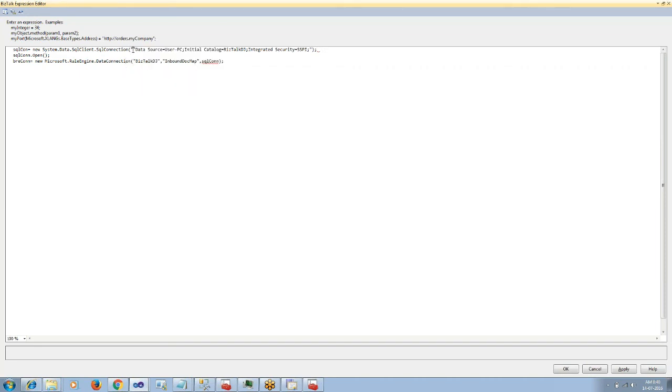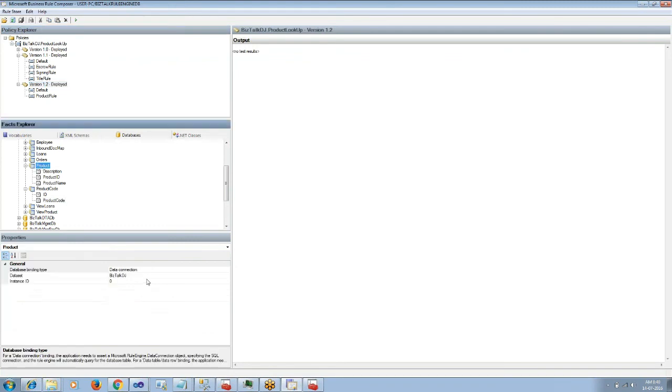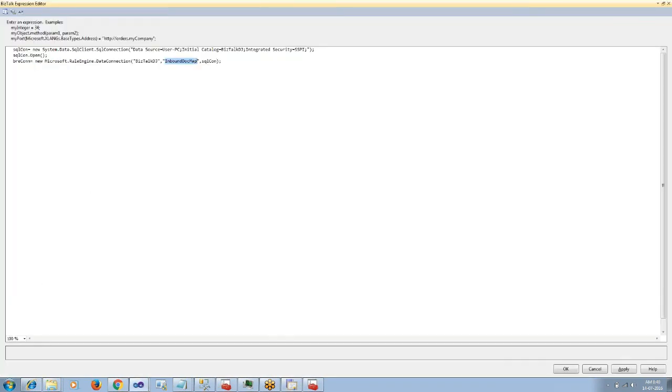So here we are accessing the product code and product table, so we have to have two BRE connections, and these two BRE connections have to be passed in the call rule shape.